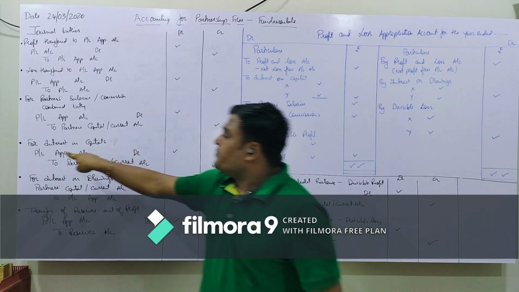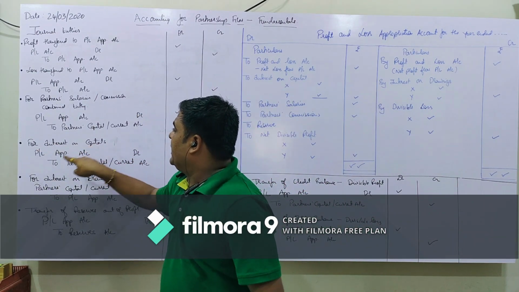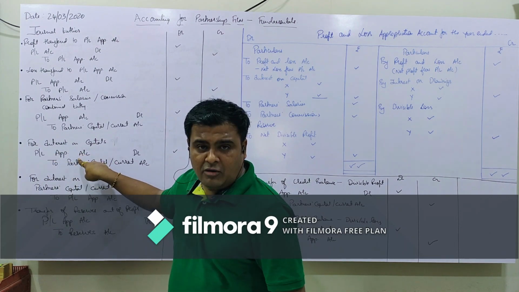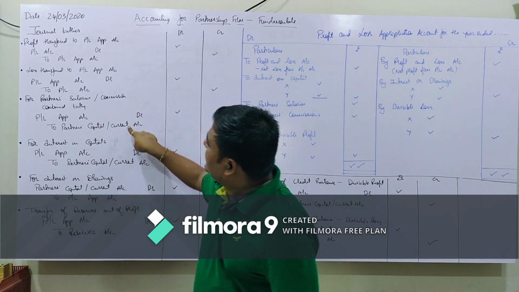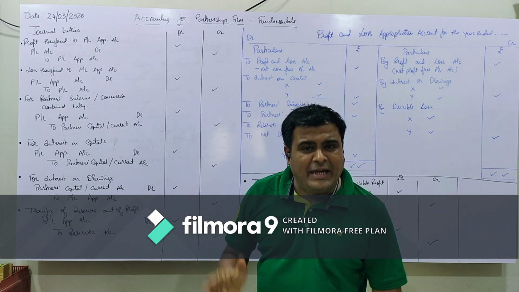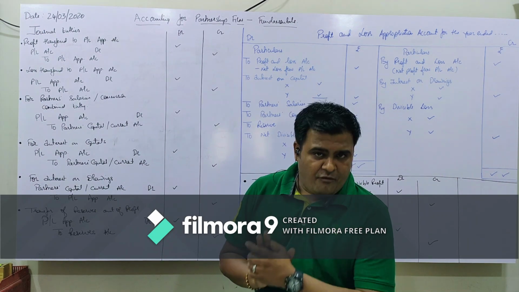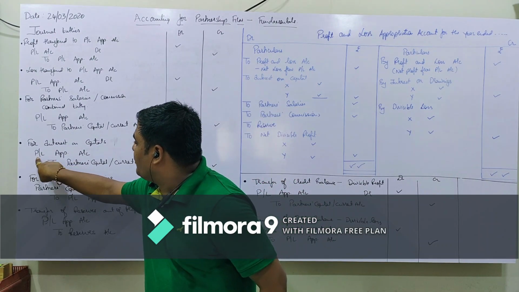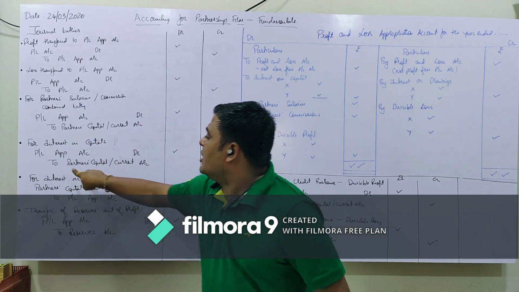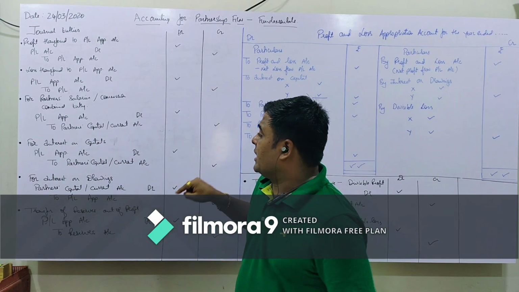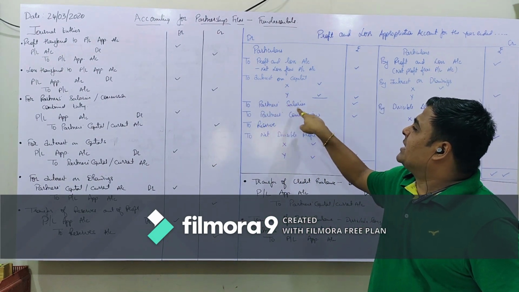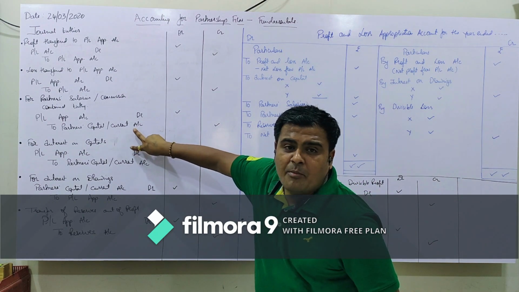Okay. Now for interest on capital, we have to profit and loss appropriation account debit to partners capital account. Same entry as it is the expense of the firm for the partner. Now the entry is profit and loss appropriation account debit to partners capital or current account. Here on the debit side you can see to interest on capital, to partner salaries. Both entries are passed here.